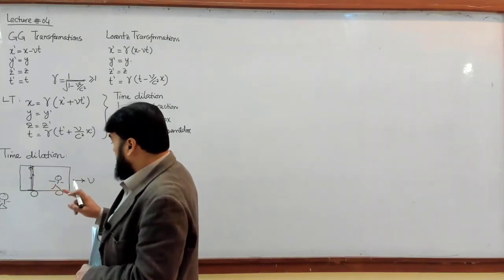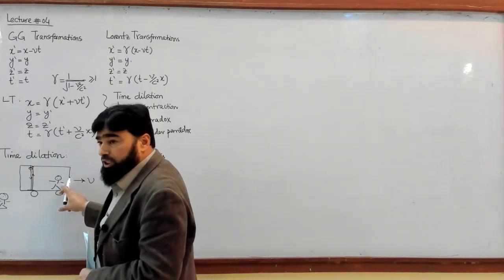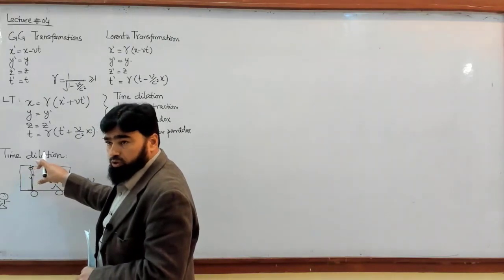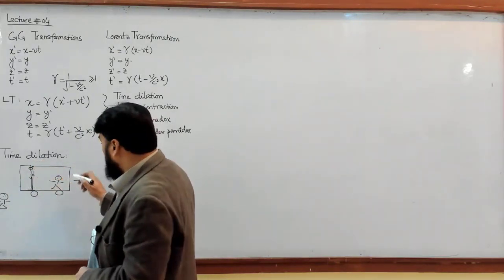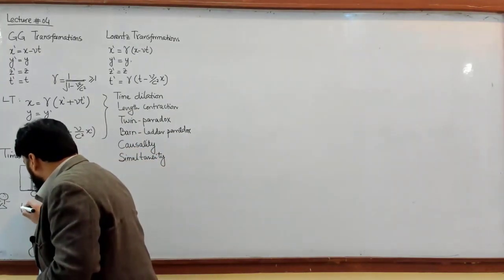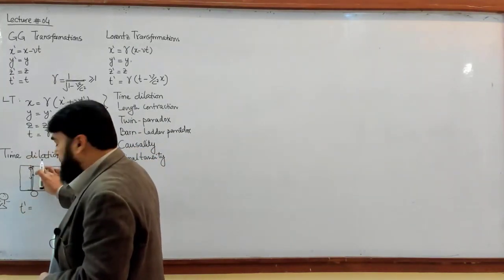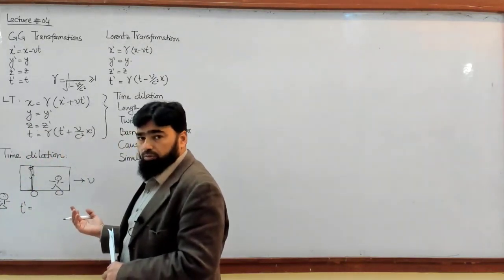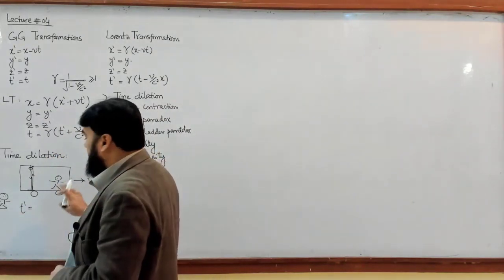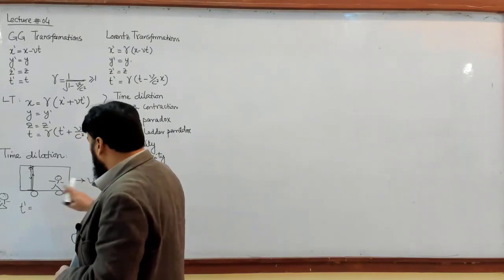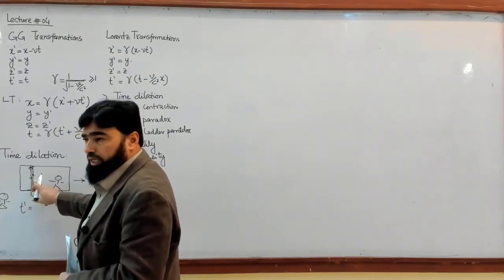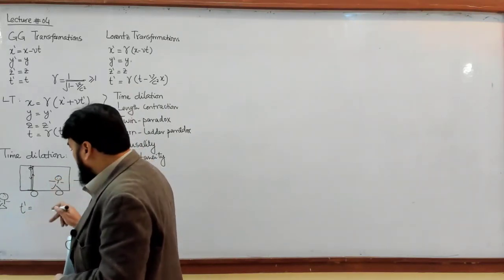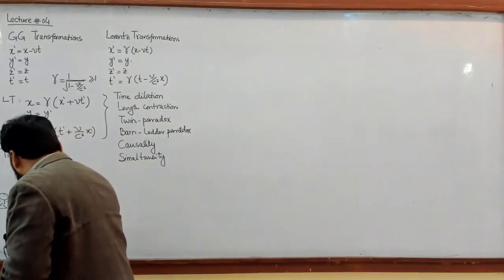Now if you ask this observer how much time the light took in moving from this point back to this point, he will very easily say that the time is the distance which the light travels divided by its velocity. Because how much is the velocity? He will simply apply S is equal to Vt, and V is equal to C here because it is light, and t is t prime because the moving observer is measuring it, and it is equal to,